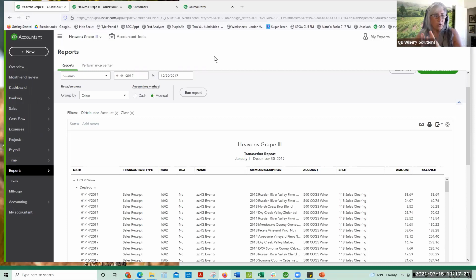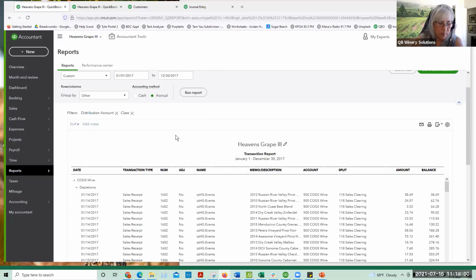Now remember, whatever your system calls them, it's the same thing. If you're doing the push-in method, whatever that order type is going to push into your class in QuickBooks. If you're doing the summary method, that order type is going to correlate to your depletion class. So that's the first thing: designate an order type, or whatever your point of sale system calls it, that helps you identify these transactions as different from your tasting room sales, your club sales,